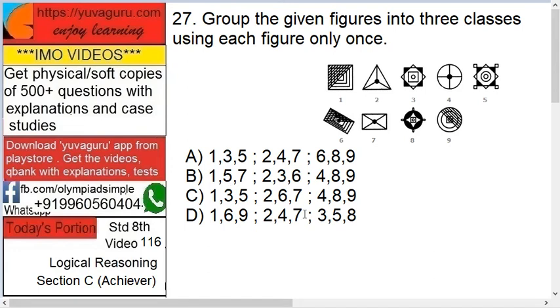Don't look at 2, 4, 7 and 3, 5, 8 now, because if one is correct, the others will definitely be correct. If you want to check, you can check it. 2, 4 and 7, 3, 5 and 8. Okay. So D is the answer. Next,